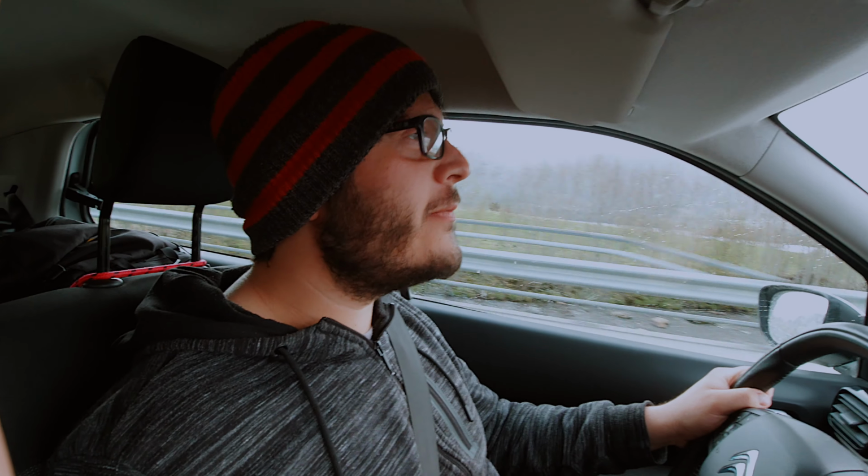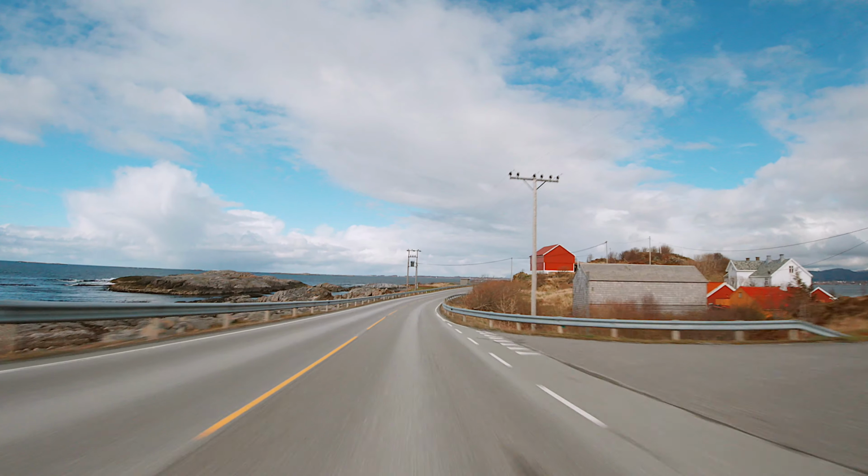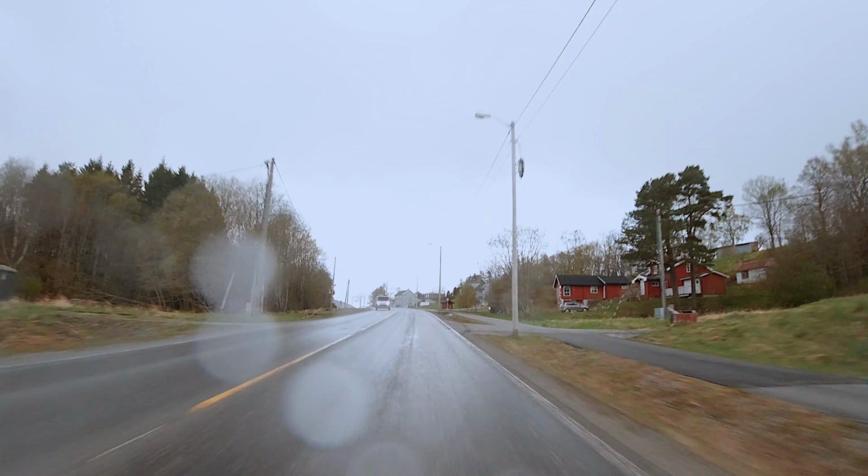We're almost at the Atlantic Ocean Road, so I keep confusing and going to say Great Ocean Road from Australia. Entirely different oceans and roads. However, the weather today has been ridiculous. It goes from zero rain and wind to just a complete deluge, which lasts for 2 minutes and